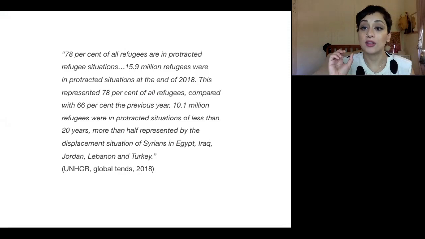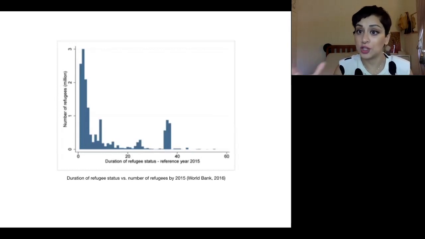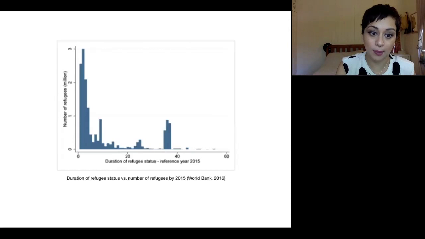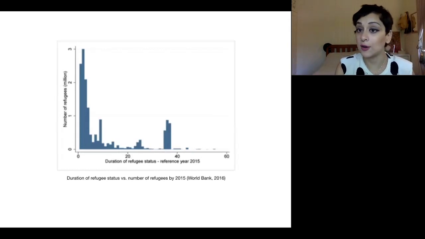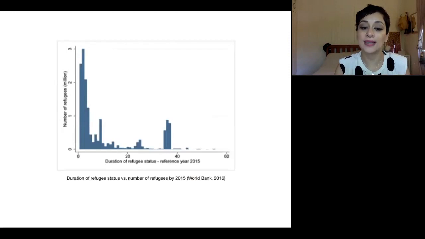That means there is no way we can know when they're going back to their home countries. The UN says that the average of protraction is 17 years. However, World Bank reports say there is no way to calculate the duration of the settlement in a refugee camp. We know that Palestinian refugees have been in refugee camps for 70 years now. So there is a static, unchanging, and passive state of warehousing refugees in camps.